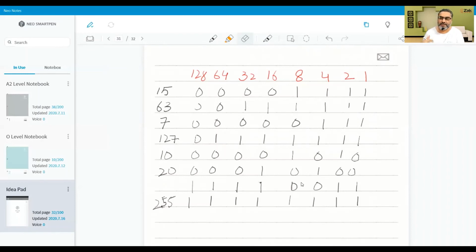So if you have got more ones and less zeros, instead of adding all these words above 1, we will rather add the worth of the zeros and subtract that from 255. So 8 and 4 is 12. So 255 minus 12 is 243. 255 minus 12 will become 243. So instead of using a calculator,